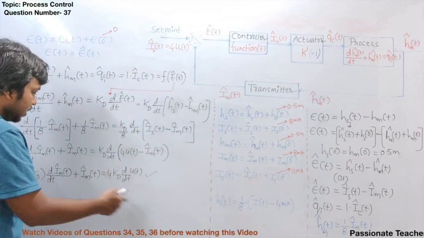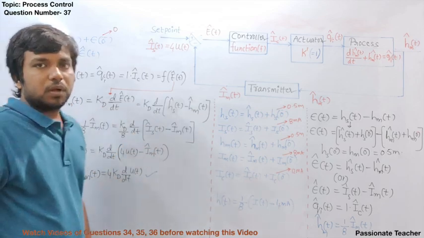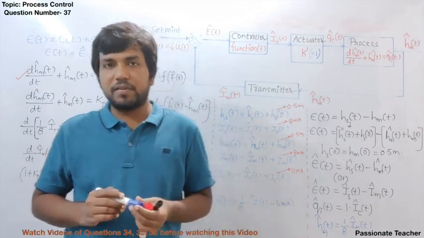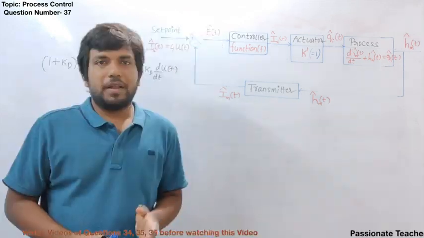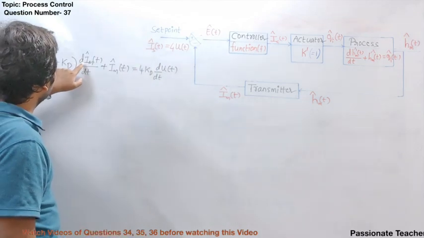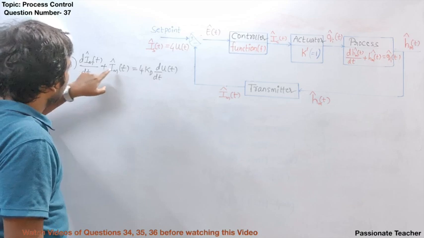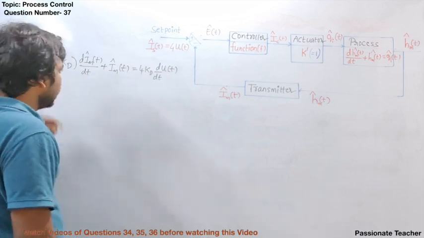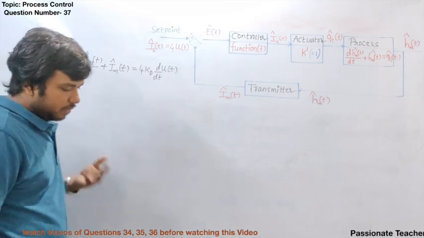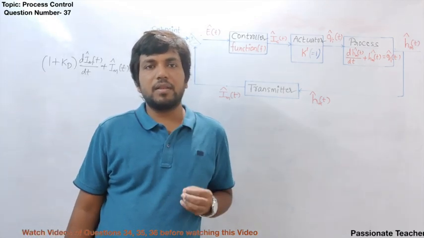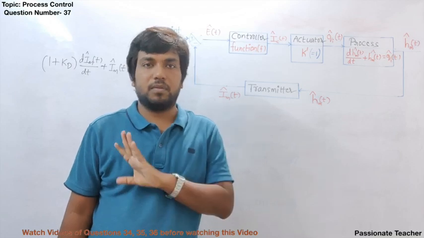Now this differential equation we should use to understand how the water level changes with respect to time. Let's investigate how it should be. Let's consider the differential equation we got here, that is (1 plus kd) into dIm cap of t by dt plus Im cap of t is equal to 4 kd d by dt of u of t. Now to solve this further, I sincerely advise it is better to apply the Laplace transform so that our analysis will be completed as early as possible.